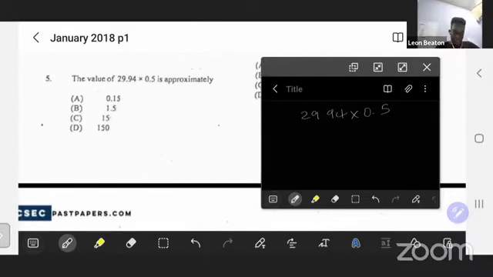So we just move the decimal point 2 times, and 1 time. We have to remember the number of times that we move the decimal point, because we'll have to move it back when we are finished multiplying. So we have 2,994 multiplied by 5 now, and that is equal to